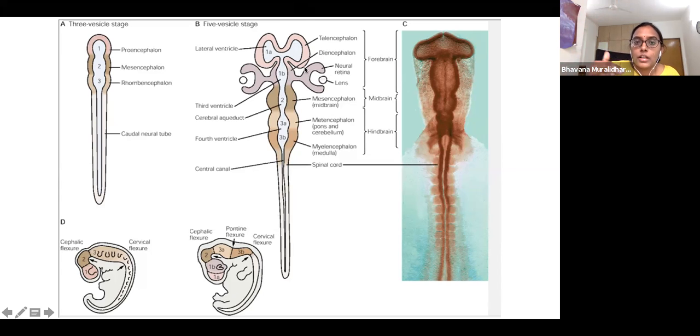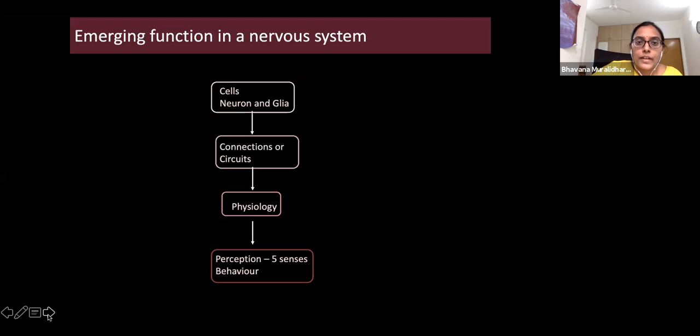So for my talk today, from now, when we talk about divisions and all, what I'm going to really focus on is the cerebral cortex, or this very rostral end, where this is the ventricle, and the zone very close to the ventricle is called the ventricular zone, which is the zone which consists of all the progenitors, right? Okay. So now that we've briefly discussed what we learned in the last class,